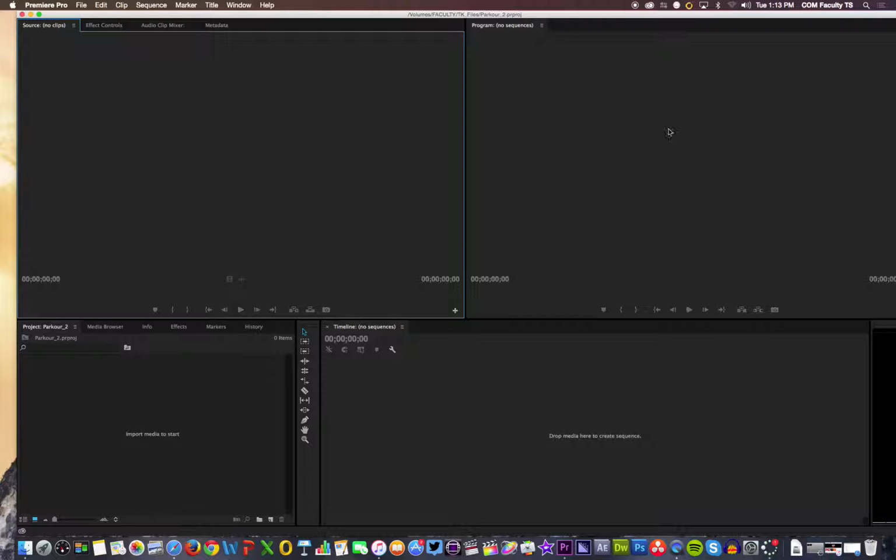The next screen over here is the program monitor. That's where you see your movie when you put the puzzle pieces together, which is going to happen below on my timeline, which we see over there, where I'm hovering my mouse now. That's where we put the puzzle pieces together, the clips. In between, next to the left of the timeline, we have our tool palette, where we can make some cuts. Then we have